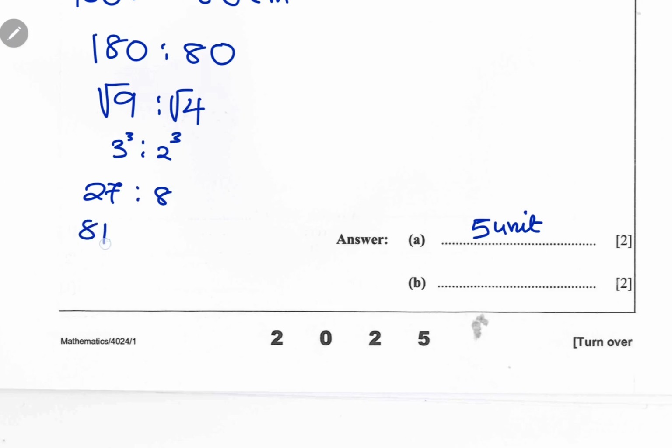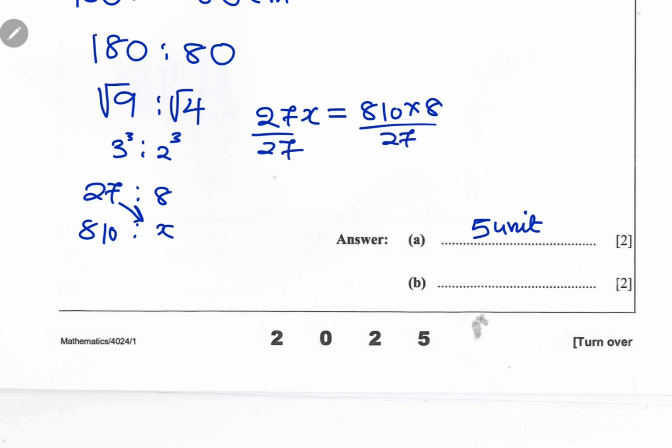The volume of A is 810. What will be the volume of this? So it's just cross multiplying. Here, you are going to have 27x, so this crosses with that. 27x is equal to 810 times 8. Divide by 27, divide by 27. x is equal to